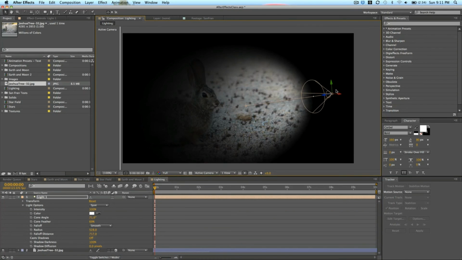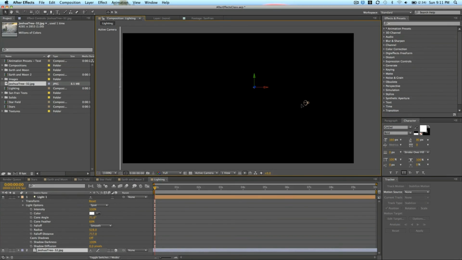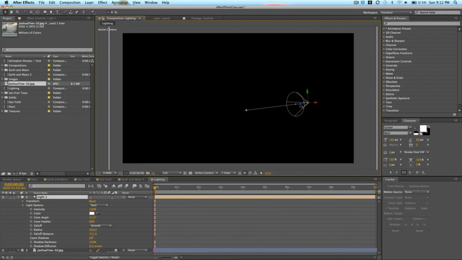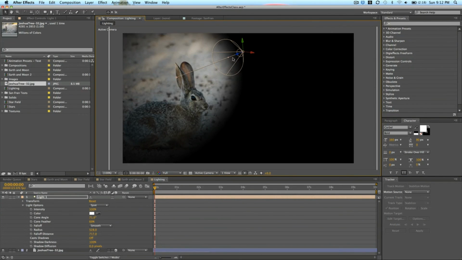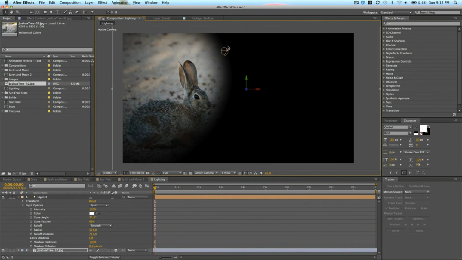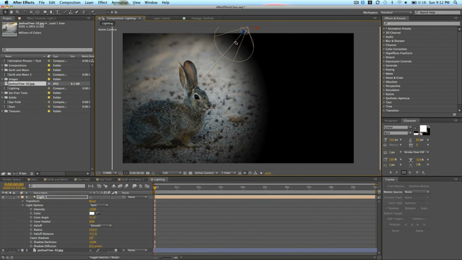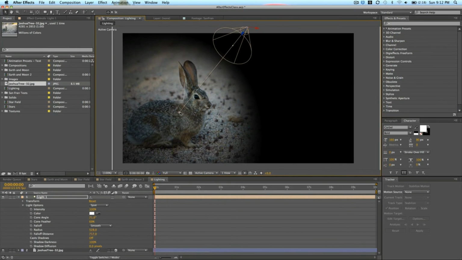So one cool thing that I like to do is just set up compositions with cool, unique lighting. So let's try to do something like that, and I'll show you some cool lighting setups. Say we just want this bunny on the side of our composition lit up. So we can put our light up in the middle, up above, and then put the point of interest